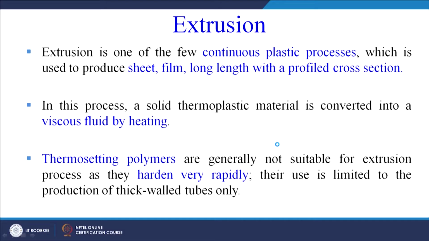Let us first see the other target process that we have selected for today, that is extrusion. Now, in the case of compression moulding we have seen the products will come out in a discrete manner. Suppose this is the raw material, it is placed here, so two halves of the mold will close and they will give a shape to the product. The upper mold half will move up, the ejector pin will push this out, and this is one discrete product I have got. Then again the raw material will be placed into the lower half of the mold,